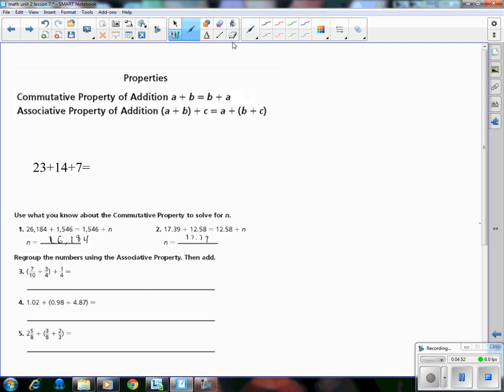Okay, let's take a look now at numbers 3 through 5. We'll work out the first two together, and then I'll have you guys do number 5 on your own. It says regroup the numbers using the associative property, then add. Remember, the associative property says that numbers can be grouped in any order, and it will not affect the sum